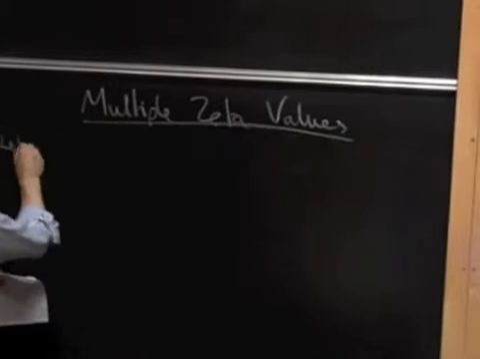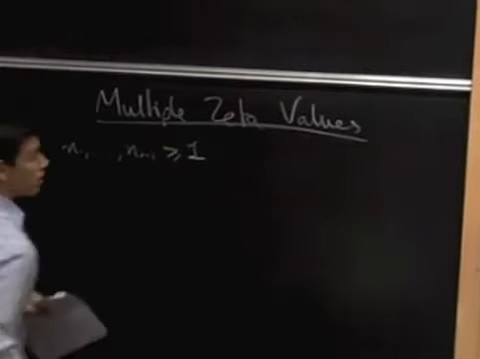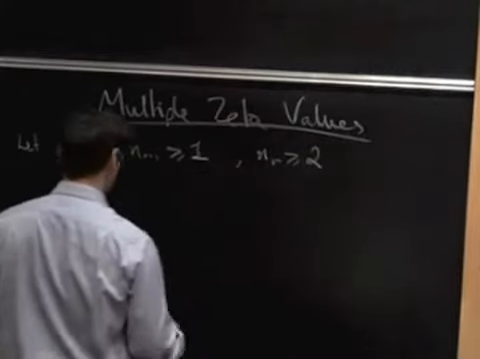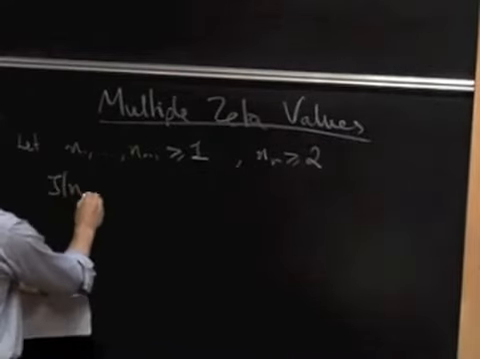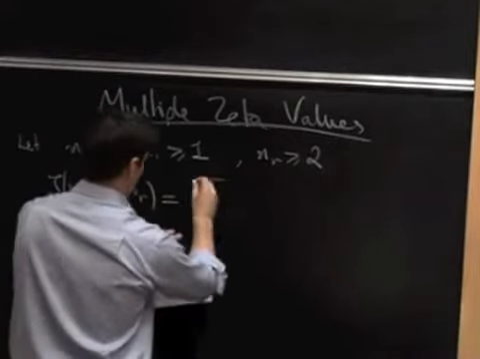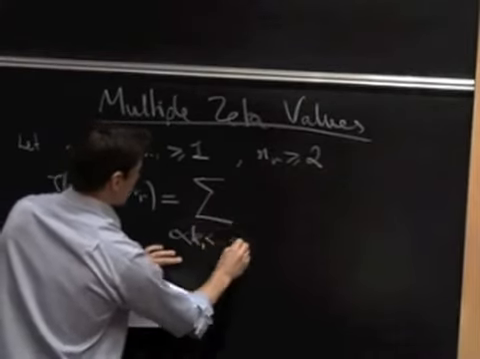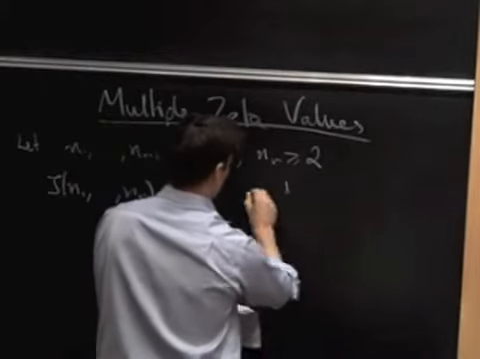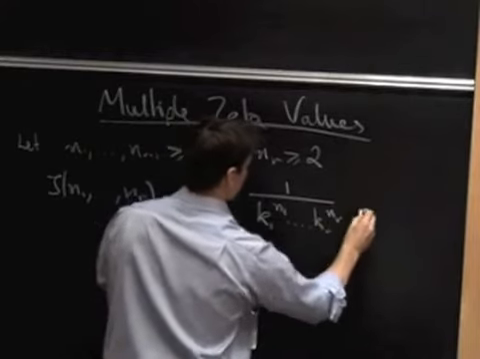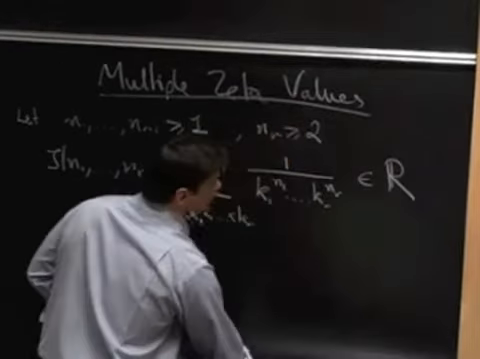So let n1 to nr minus 1 be integers greater than or equal to 1, and nr an integer greater than or equal to 2, then the multiple zeta value zeta n1 up to nr is defined by the following nested sum: 0 less than k1 less than kr, 1 over k1 to the n1, up to kr to the nr. And this sum converges and defines a real number, which was first introduced by Euler in